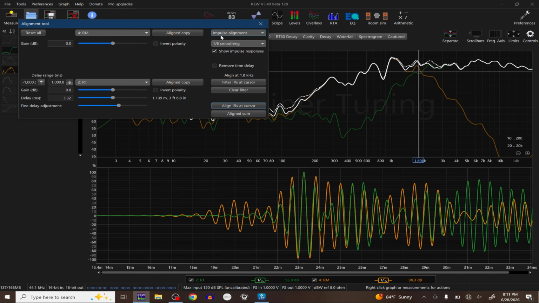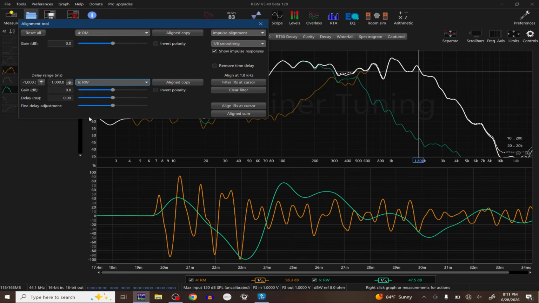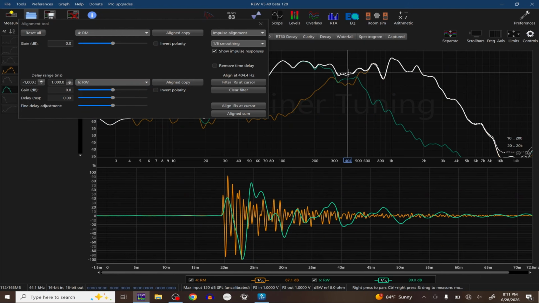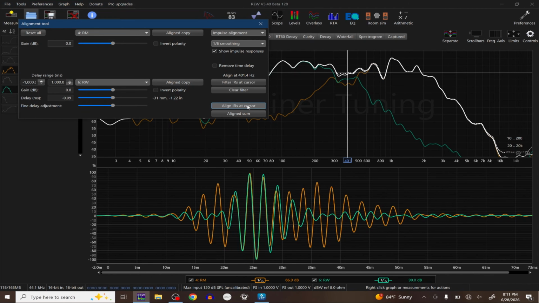My right mid is going to be my reference, and now the one that I'm going to push is the right woofer, right? And now my crossover point is going to be around 400. So we leave it there, 401. We click Align Impulse Response to Cursor. And I just got to move it back by